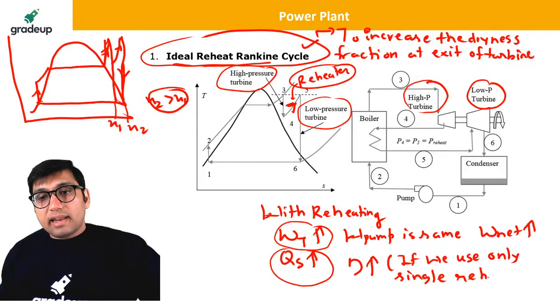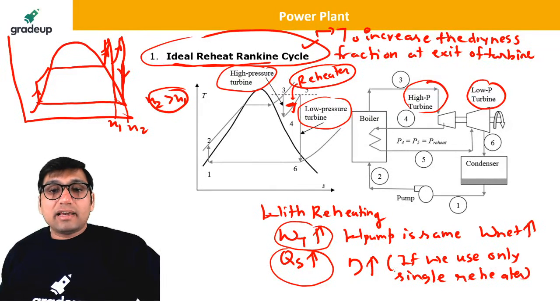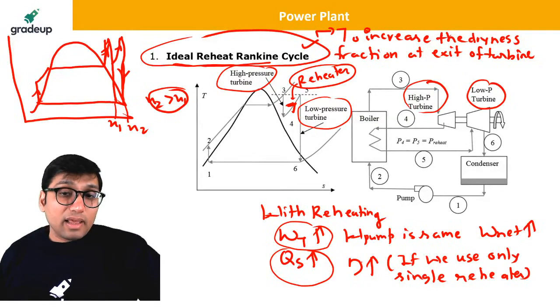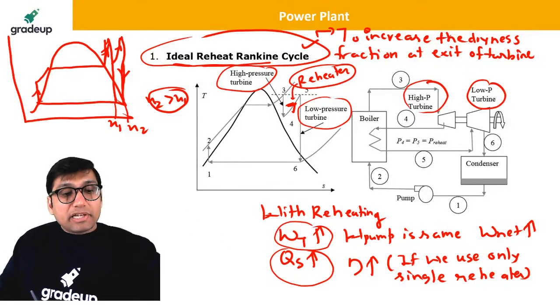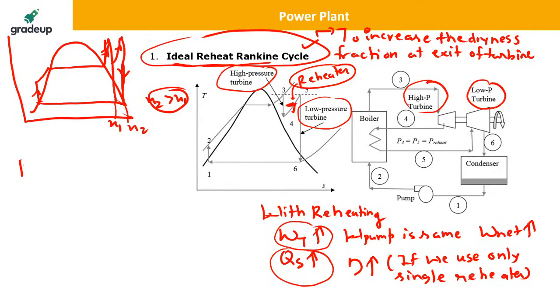If we use a single reheater, then efficiency will increase with reheating in the Rankine cycle. Or simply, if the optimum reheat pressure is 0.2 to 0.25 of the boiler pressure,